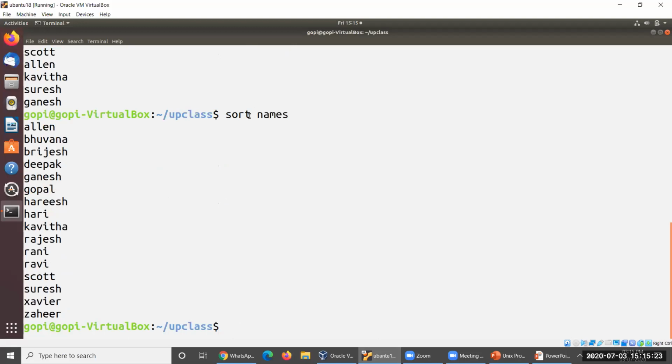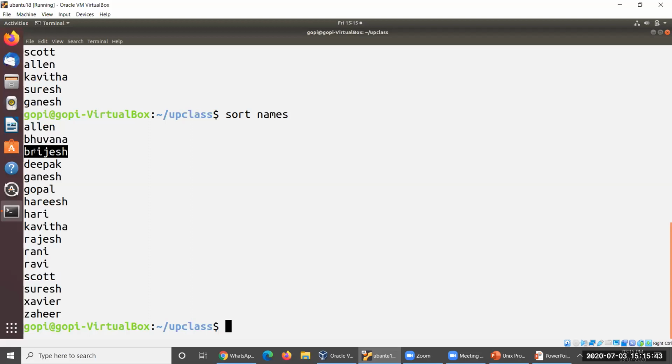We haven't given any kind of option here, but it has been sorted in a particular order here. You could observe this one here. Okay, so here, if you please observe, whether Bhavana will be displayed first or Brijesh will be displayed first, in the sense Bhavana only, because you are trying to operate in ascending order. So B followed by H is the next letter.